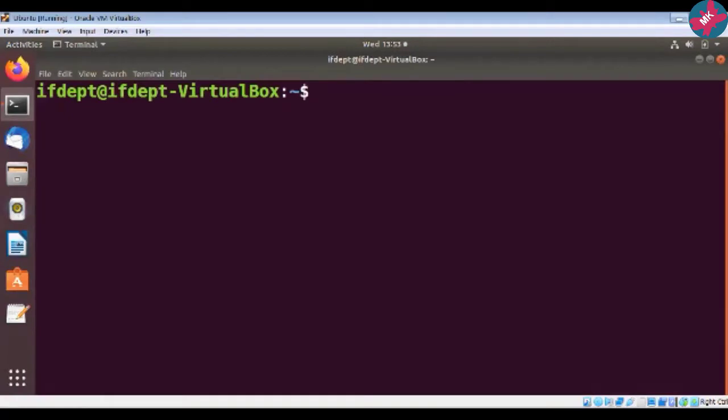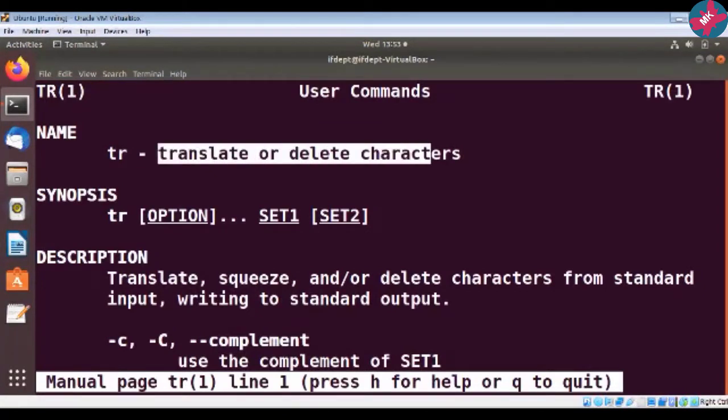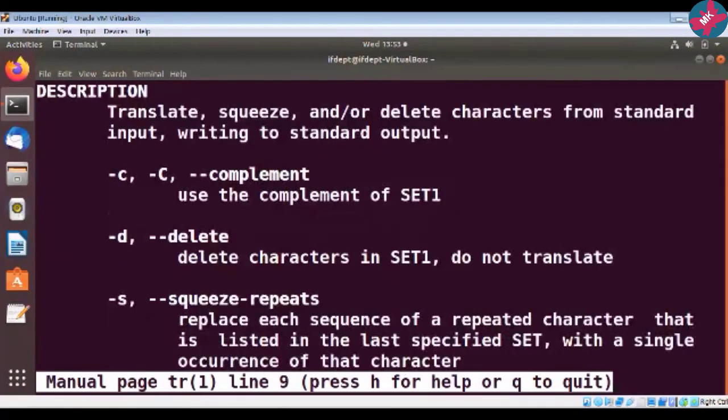Okay, so this is my terminal. First, like I have told you just now, we will be discussing the tr command. Let us first see the help of this tr command. If I press man tr, see here, what it basically does is translate or delete characters. Also, there are these different options.